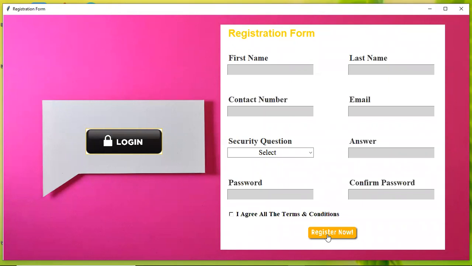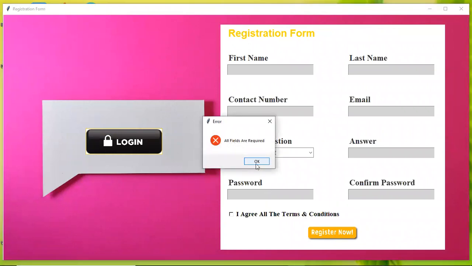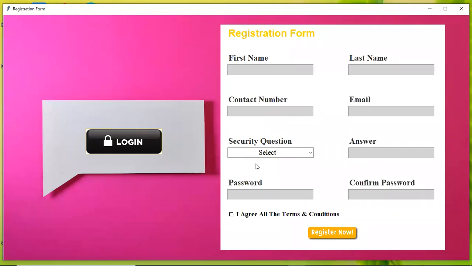Whenever I click this register now button, that function will be called, and whatever functionality you have written inside that function will be executed. So we have to attach a function with this button. Let's do it.